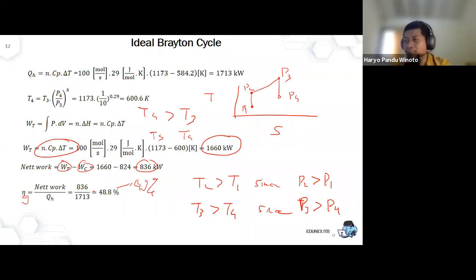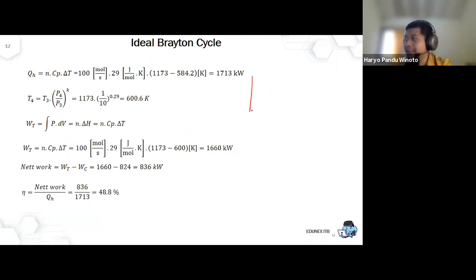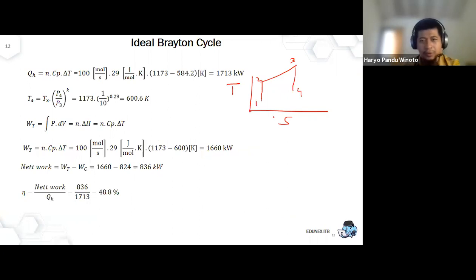So the problem is this actually. Sorry, I forgot that I need this diagram. The problem is like this. I hope after this you don't need to study for this matter in your comprehensive exam, because I gave you a very clear explanation. I hope. The problem is always like this.